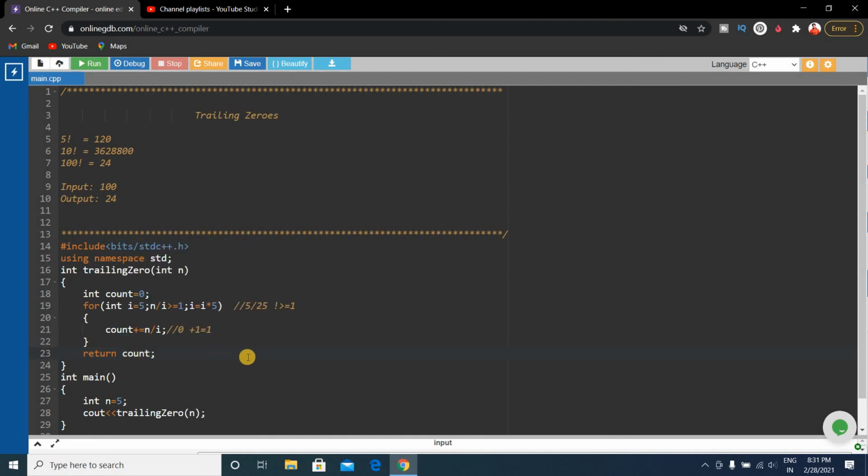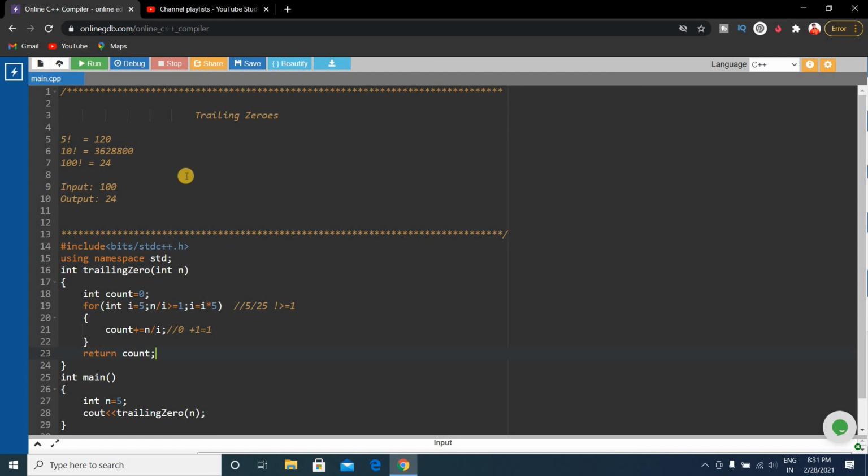Okay, so that's the code. We just showed an example for n equals 5, and you can do it for n equals 10, n equals 100, and you will get the expected output. That's the trick point: you just have to remember how this for loop works.